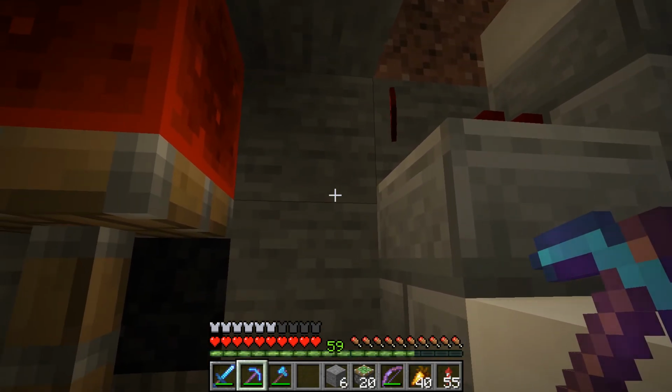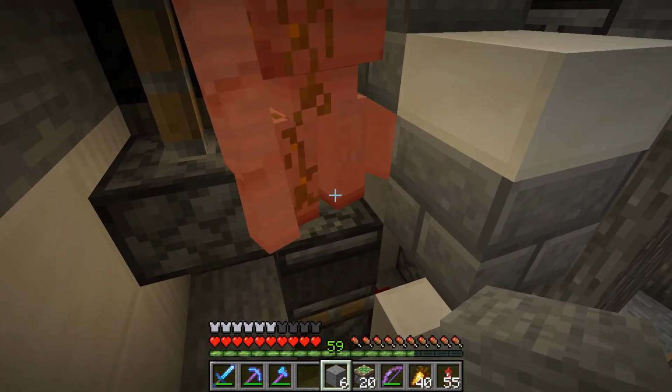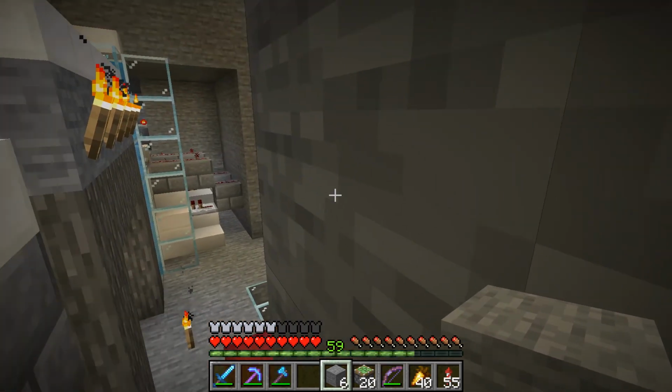How is that powered? Whoa, that made me jump. Yeah, that's a spawnable block. I'm not going to hit him. I'll just let him